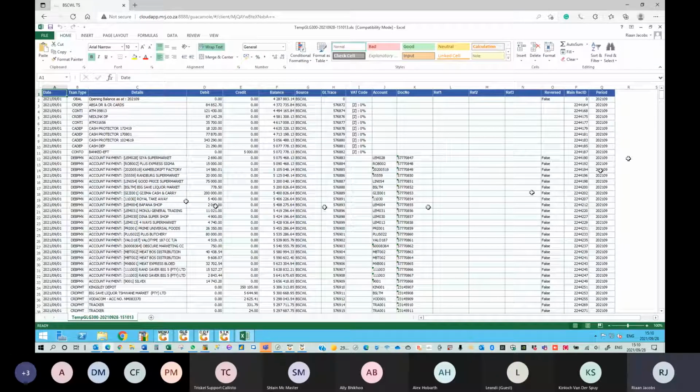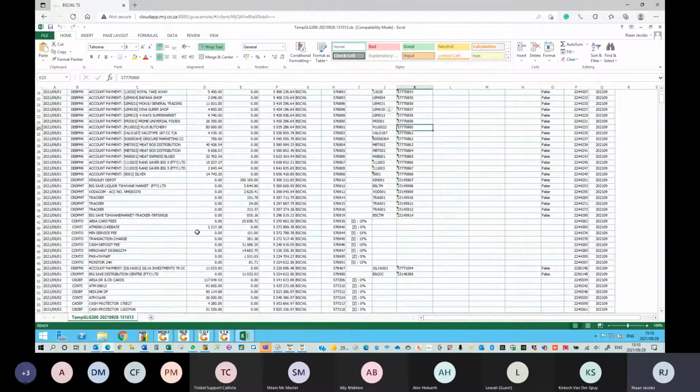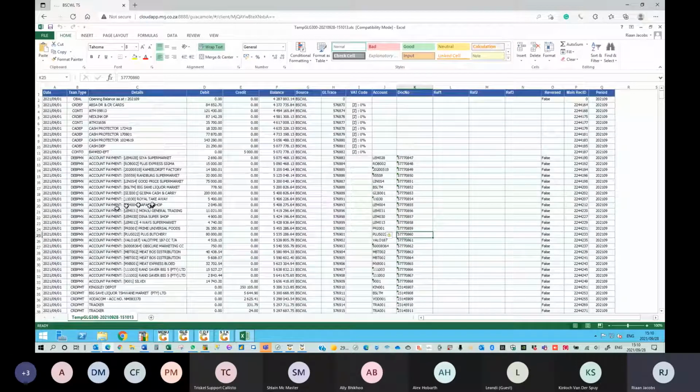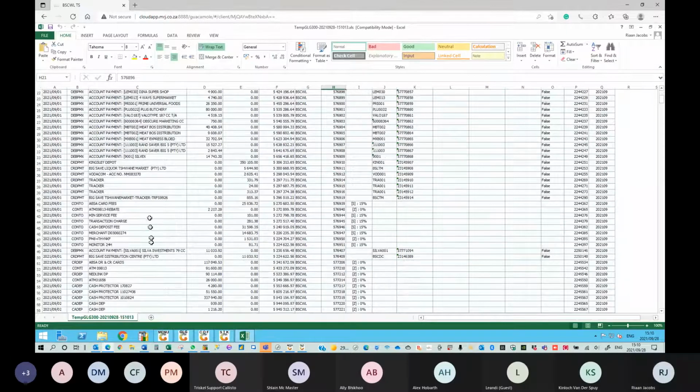Then we add extra columns, so we keep the document number that was posted. And now here's a good example. If you want to see the legs, you only see the bank side. But you'll see the trace number, the GL trace number. So now let's go through and we're going to see something. What the hell is this difference? Now we query this, so we take this number,